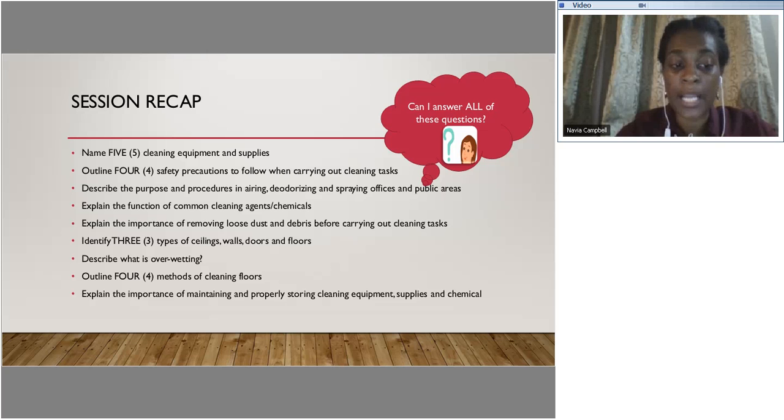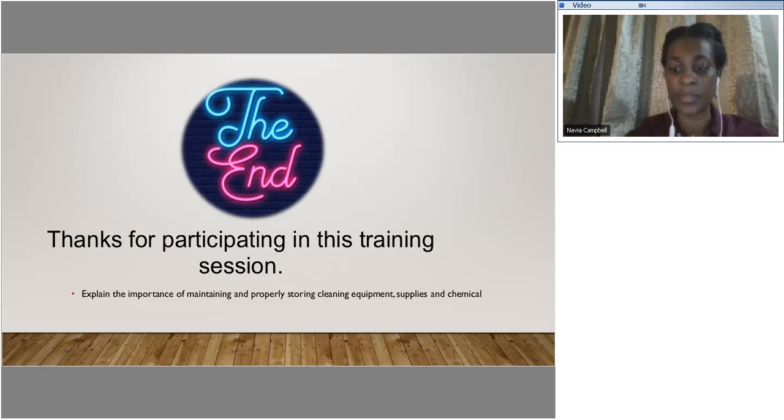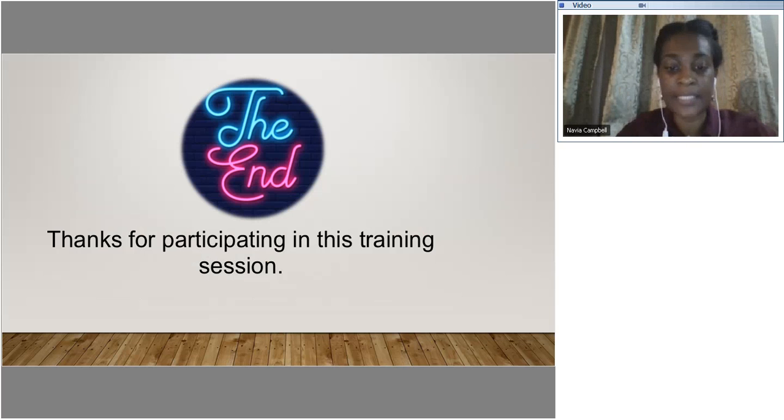Explain the importance of removing loose dust and debris before carrying out cleaning tasks. Identify 3 types of ceilings, 3 types of walls, 3 types of doors, and 3 types of floors. Describe what is overwetting. Outline 4 methods that are used